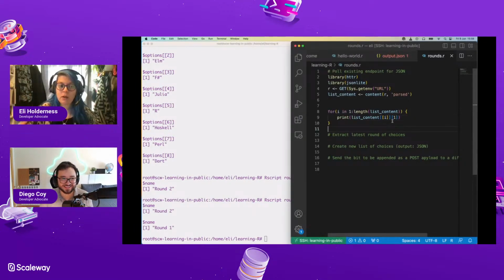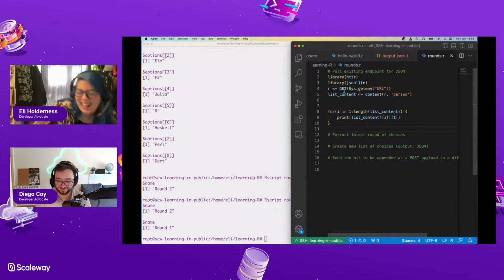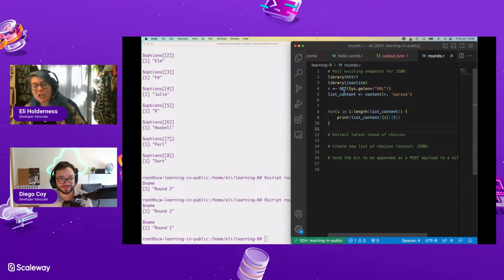Cool. So now I know that, well, I've printed this, but actually what I want is for the code to understand that 2 is the highest. Diego, can I assume that if there are 2 elements in this list, 3 is the next?